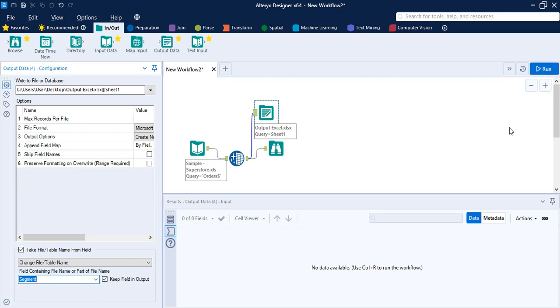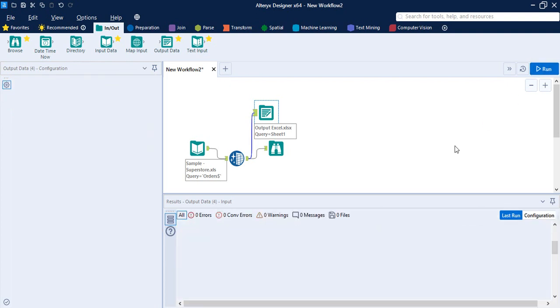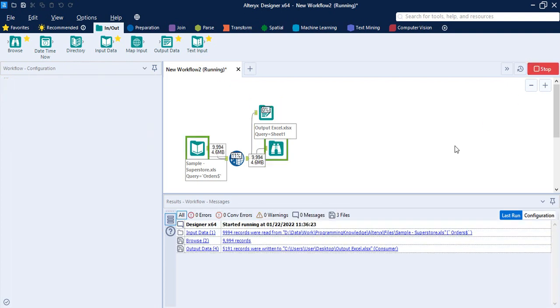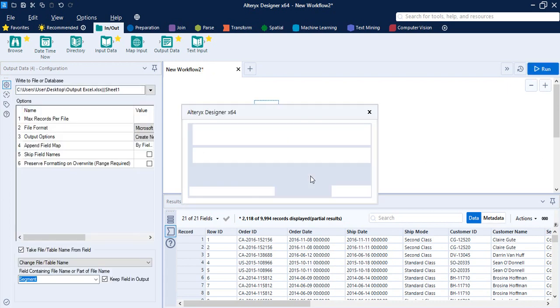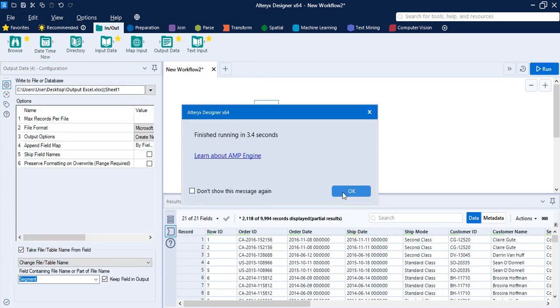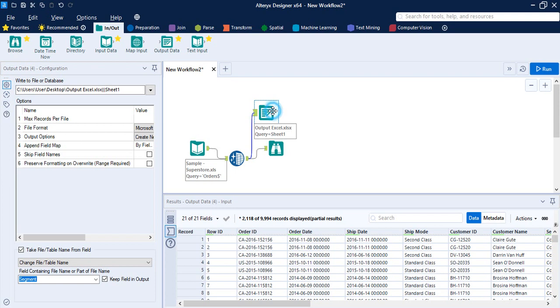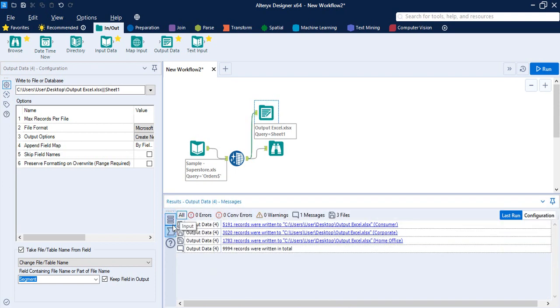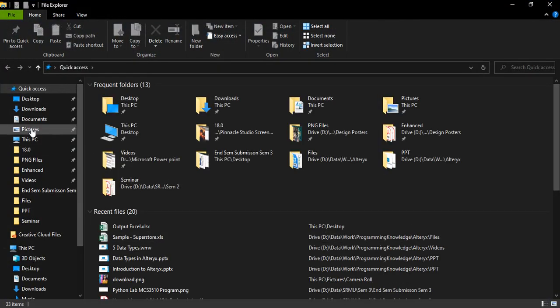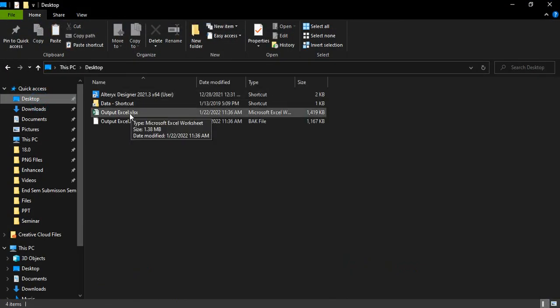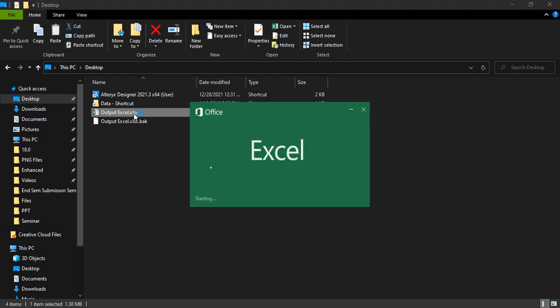Once you have done all the steps, then you need to use this Control R or run button to just run the workflow. Then you can see that the dialog box would be there showing the time taken, and if you just click on this messages, that is this 3 hamburger menu over here, you will see that these 3 sheets were created: consumer, corporate and the home office sheets, and the number of records that were written into each of these sheets. To cross check, what you can do is go to that particular folder which was present in my desktop, here output Excel, the Excel sheet that has been created,